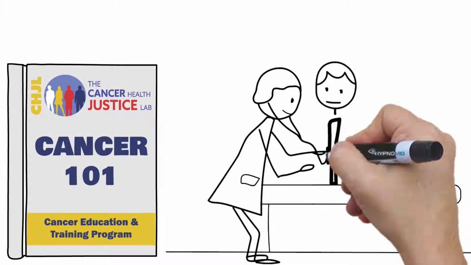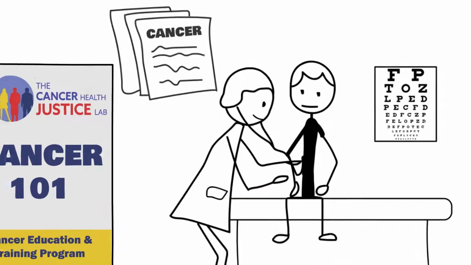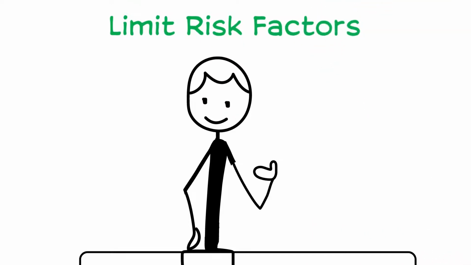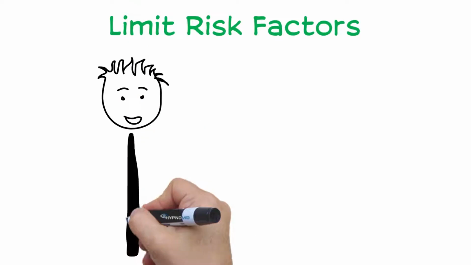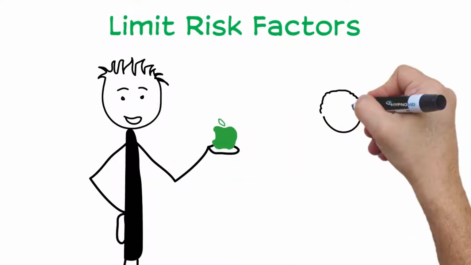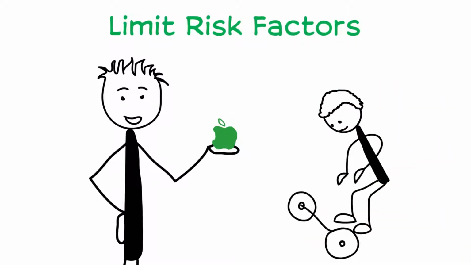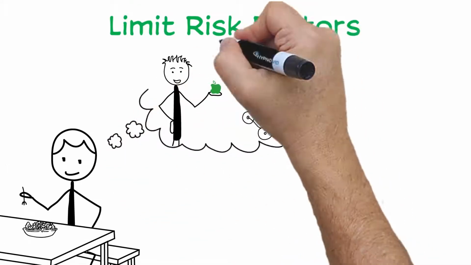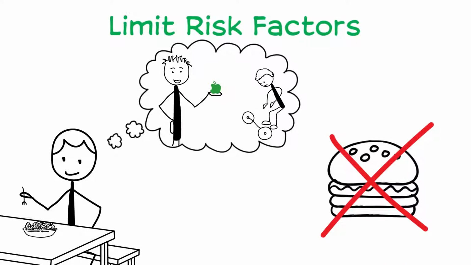Education and health-related actions are your two best weapons to protect yourself from cancer. Once you're educated about the causes, you can limit the risk factors in your life. There are many actions you can take to improve your overall lifestyle and limit your risk of becoming ill. A healthy diet and regular exercise decreases your chances of developing certain types of cancers. This type of healthy choice will also decrease your chances of developing illnesses like diabetes.